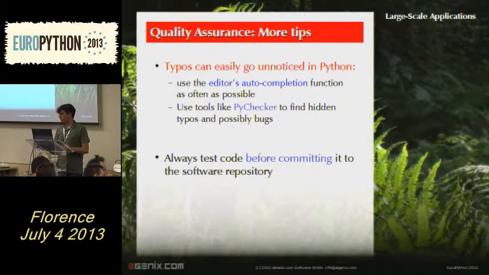PyLint especially is very good for finding typos in application code. You should use that every now and then to check whether you have typos in your code. And obviously if you write proper tests, then you will find out as well. But depending on how many tests you have, it may not actually reach all the different branches in your code. So running one of these tools is a very important thing to do.